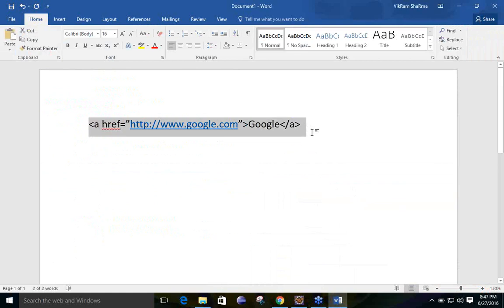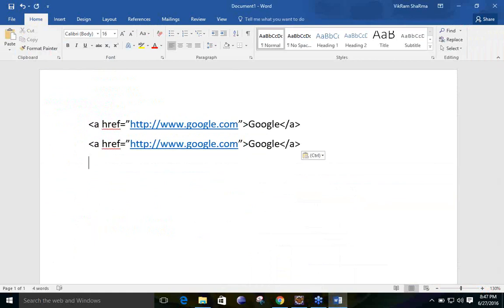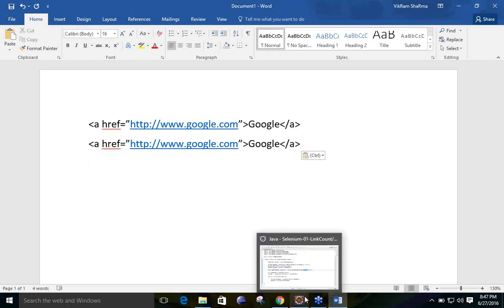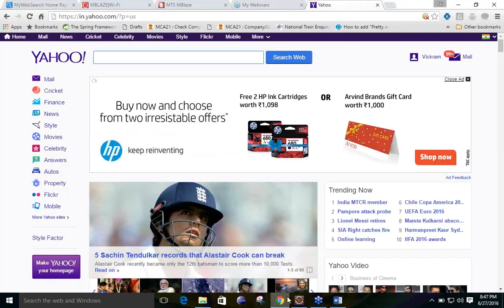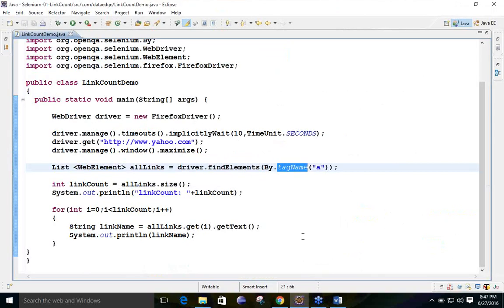Okay, if you want to modify it, but where will we get this HTML code in the Java program, Vikram? It is not the Java program. It is simply the web page. You can see it is the web page. Yeah, web page, that is true. But we are saying http.google.com, and we are giving it a name called Google with the tag name of A.